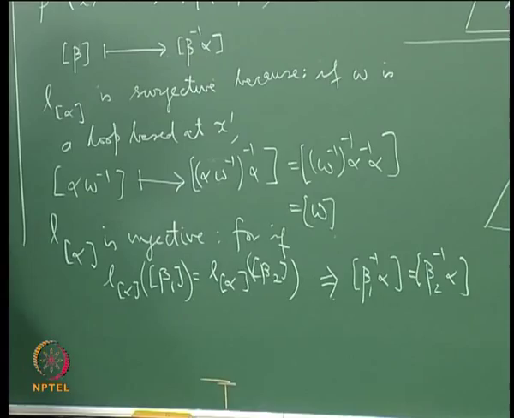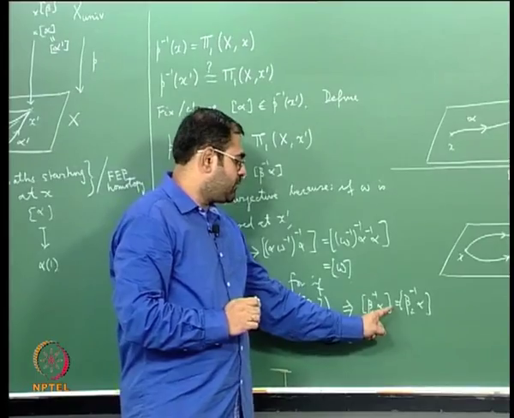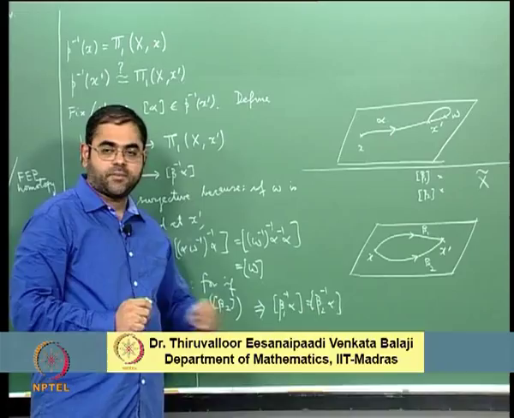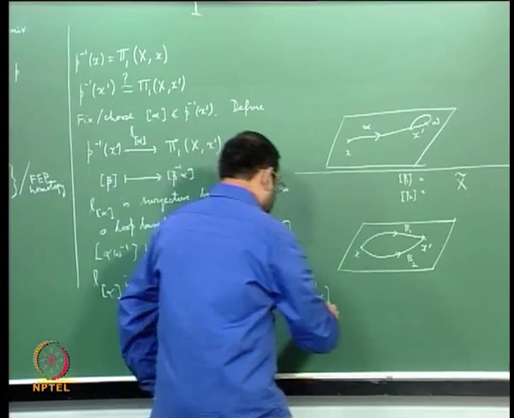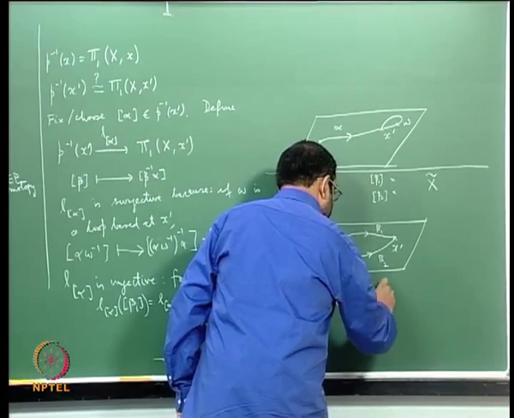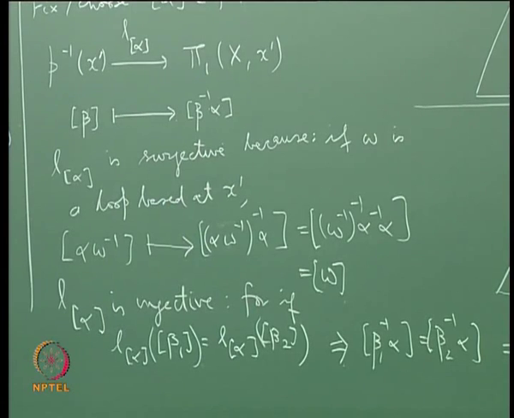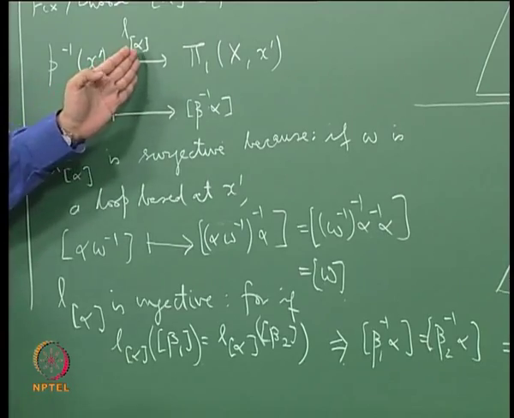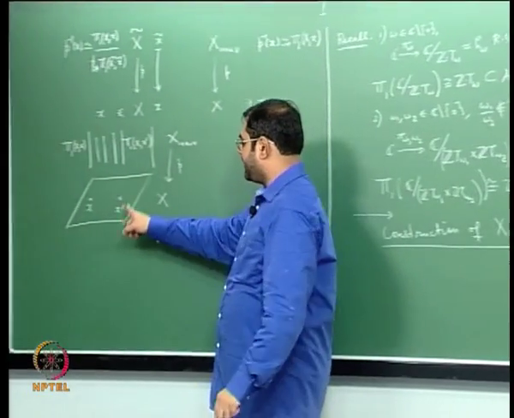which tells you that beta 1 inverse alpha is homotopic to beta 2 inverse alpha, and then you can operate on the right by alpha inverse, okay, and that will tell you that beta 1 inverse is homotopic to beta 2 inverse, and that will tell you that beta 1 is homotopic to beta 2. So what all this tells you is that beta 1 is equal to beta 2, okay. So therefore it happens that the map L alpha is certainly a bijective map,